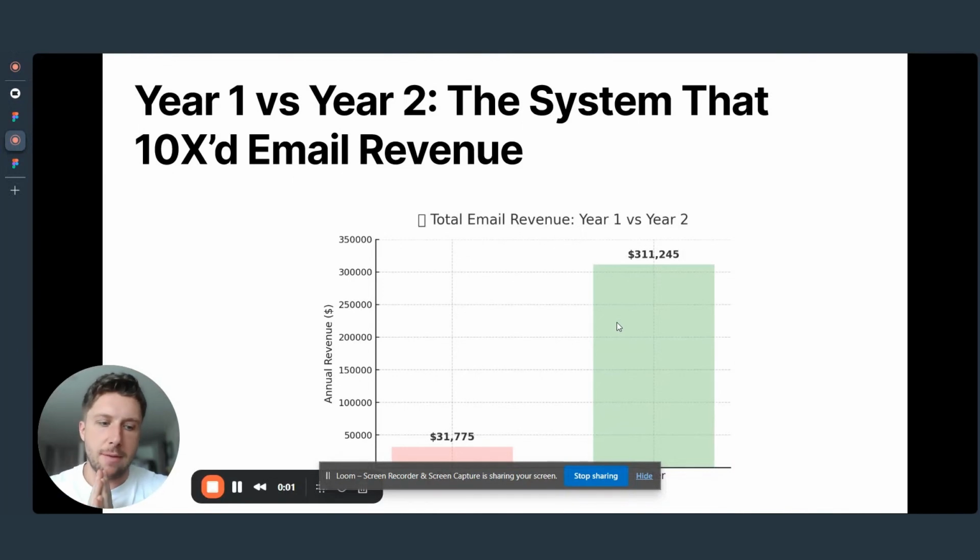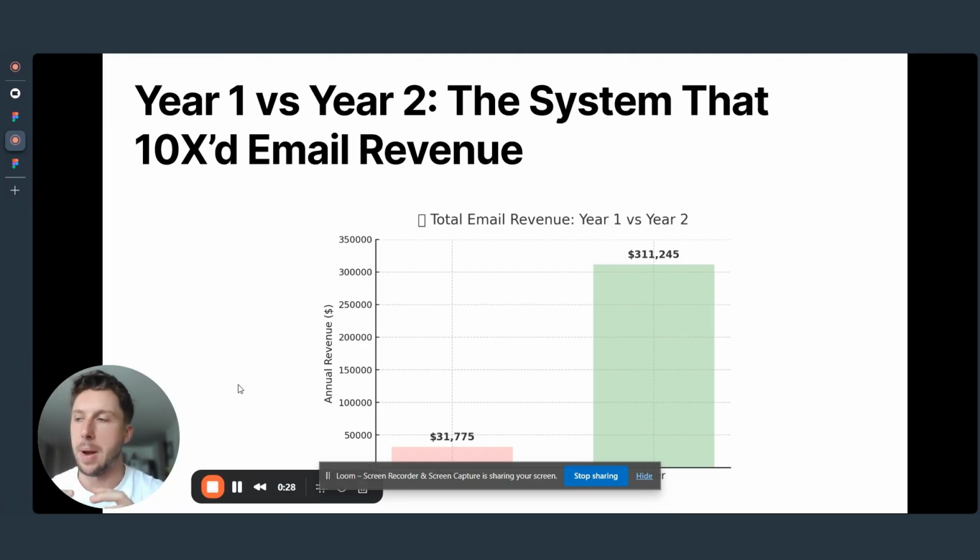How to build an abandoned cart flow in Klaviyo. Do you ever feel a little bit like you're giving away too many discounts, and perhaps for your business, it's killing your margins a little bit? Hey, I'm Dan, and today I'm going to show you how to build an advanced abandoned cart flow in Klaviyo